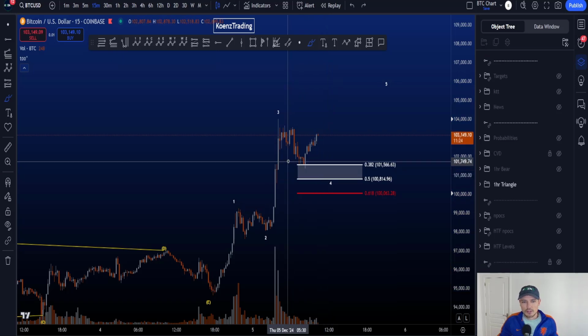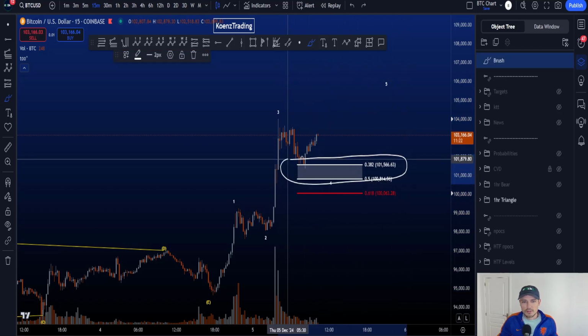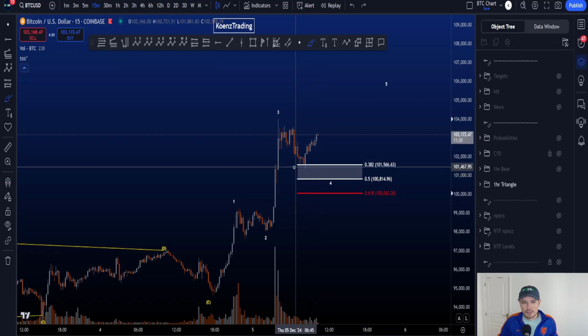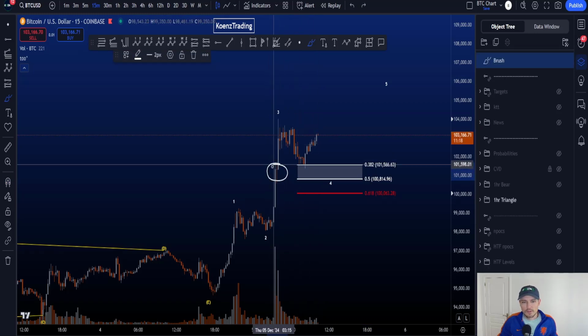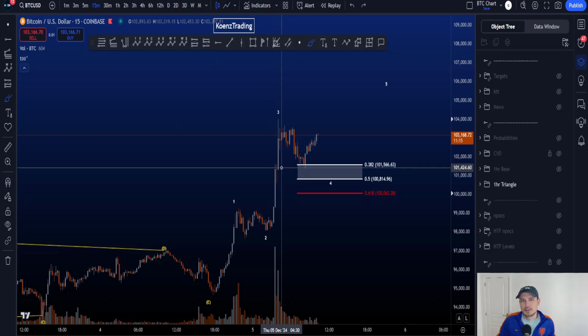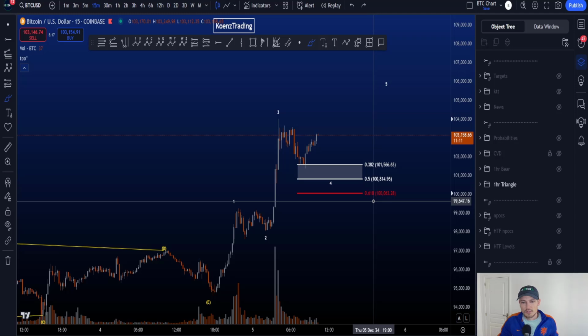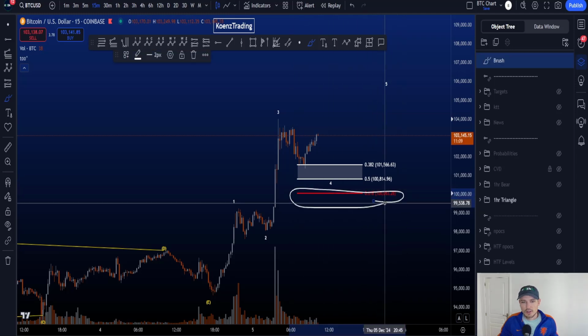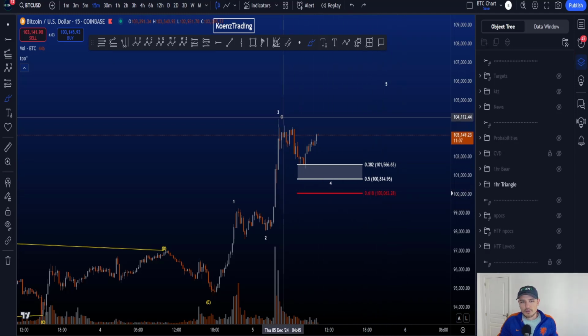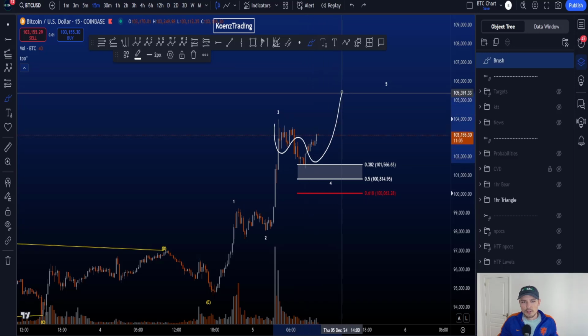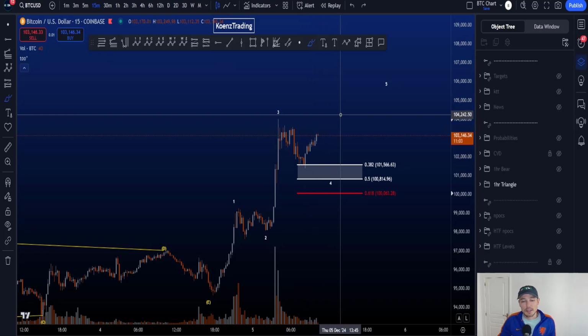Now, the common target for a wave 4 is the 0.382 to the 0.5 area, which has been touched over here, nicely in confluence with a small little 15-minute order block, and the invalidation for a wave 4 is 100k and $63. Now, after a sideways range in a wave 4, you're looking for continuation to the upside in a wave